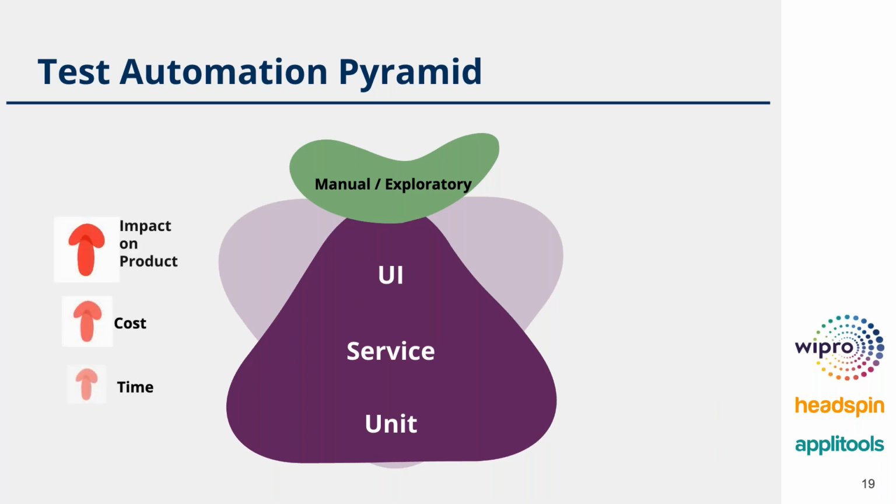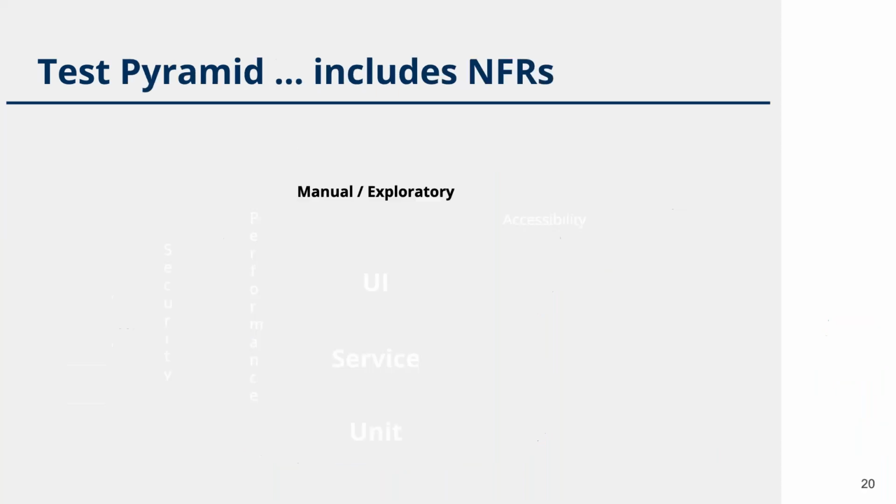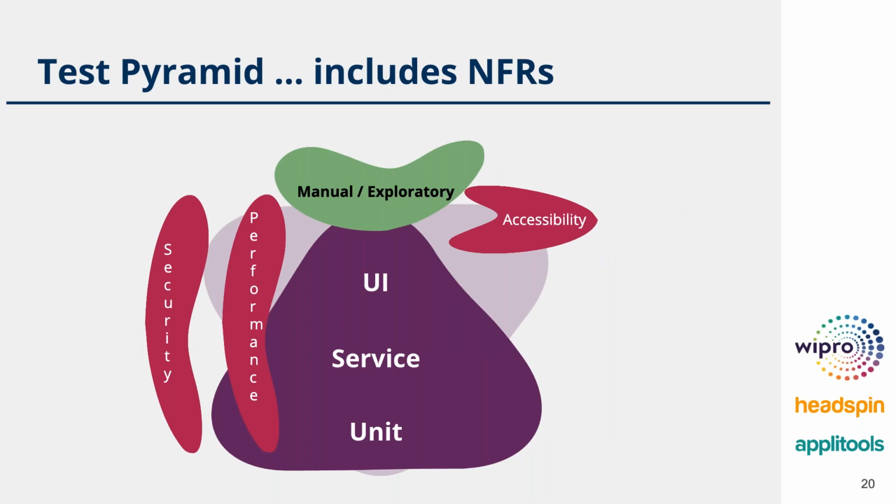And these tests have a very big significance in terms of time to execution, cost of implementation, and impact on the product as well. Also, a big aspect of this is the kind of impact each test has, where unit and service tests will have impact on your technology implementation, versus your UI and exploratory testing focuses mostly on your business side of features. The test automation pyramid also includes NFRs like security and performance, accessibility, and pretty much any